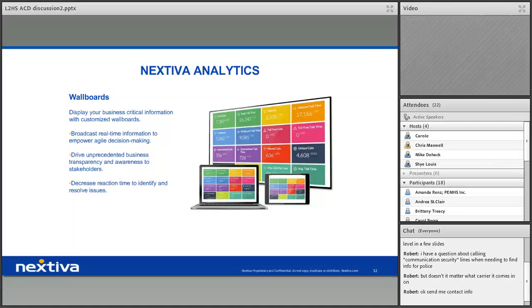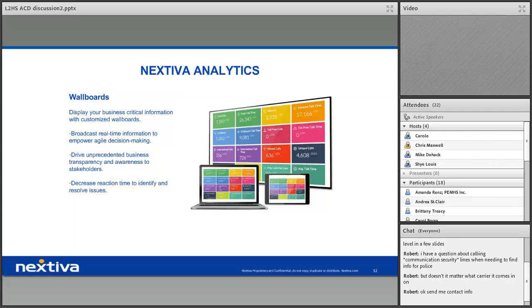And some more on some of the analytics as well. At Nextiva in Scottsdale, in the headquarters office, we have wall boards and dashboards set up throughout the building here. And we can see exactly what's going on. We can see who has high talk time, who has high outbound dials. We can see what's going on within every single one of our queues, support, sales queues. We can see exactly what's happening, okay?